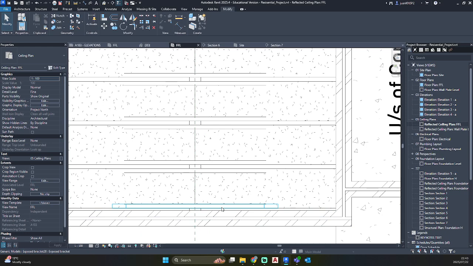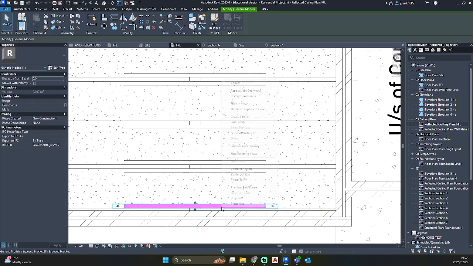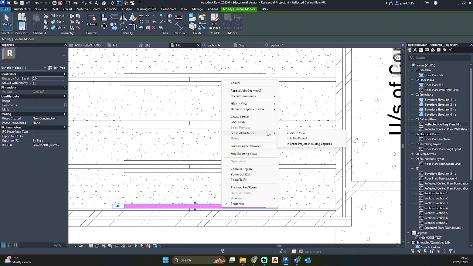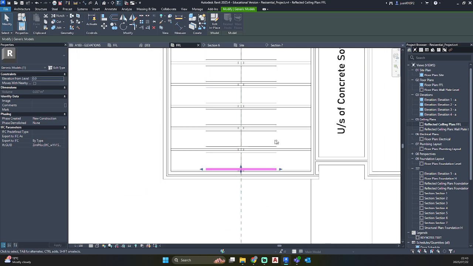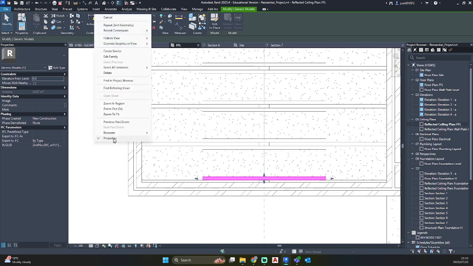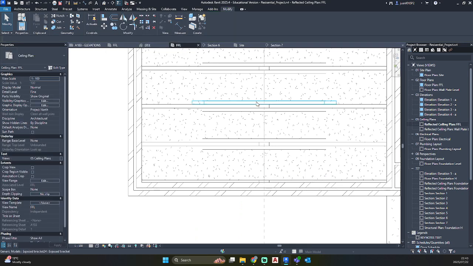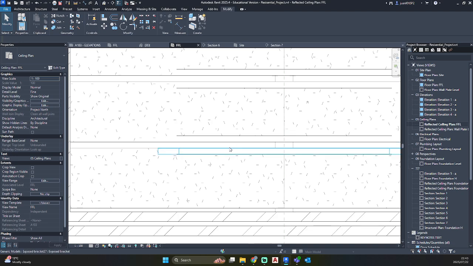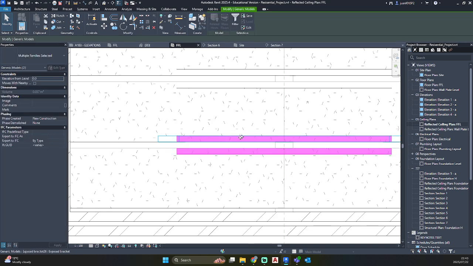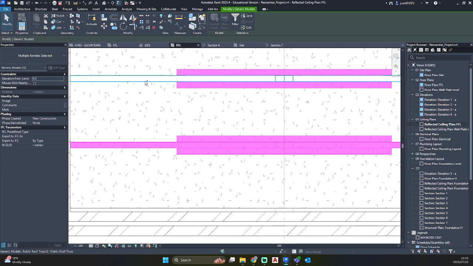And now we can select this truss, select all instances in view. Okay, seems that Revit decided that there is only one of them, so let's do this the long way.